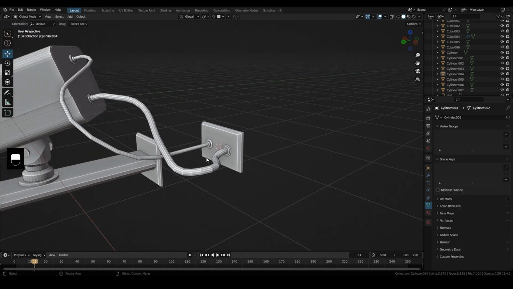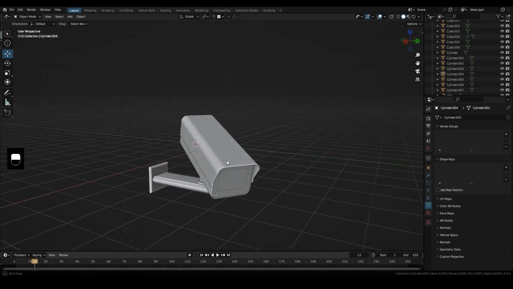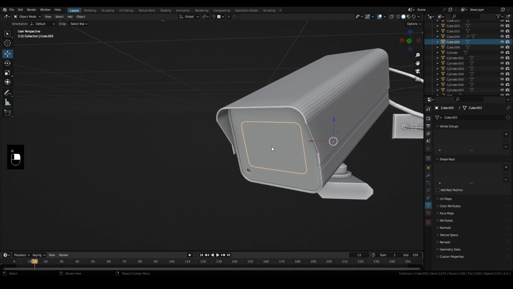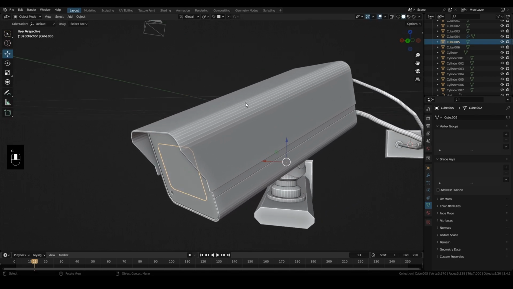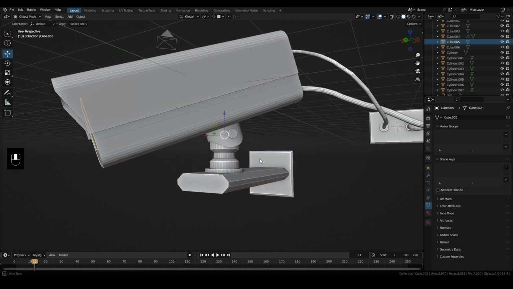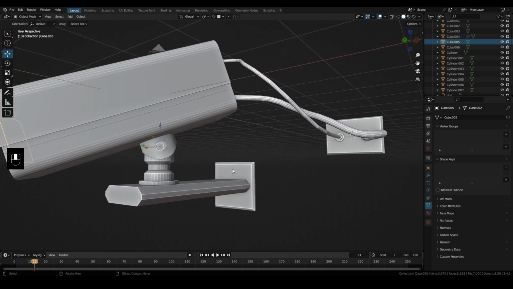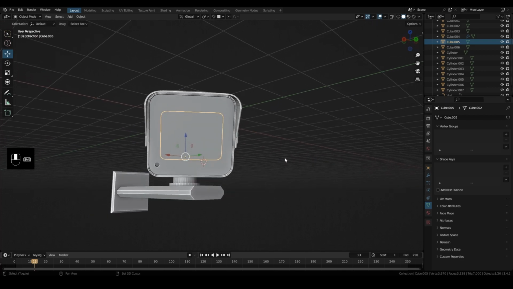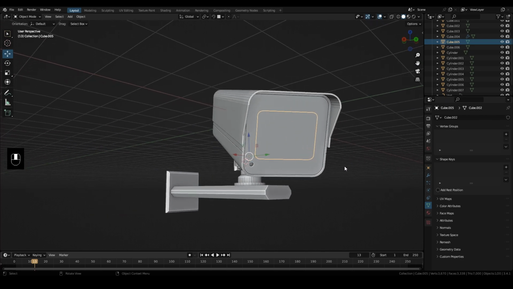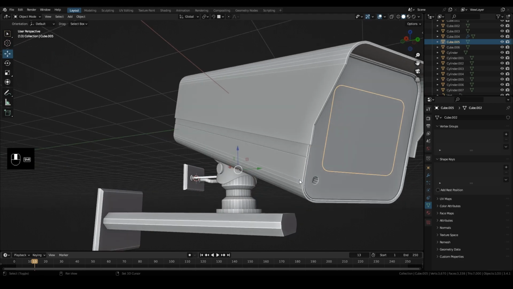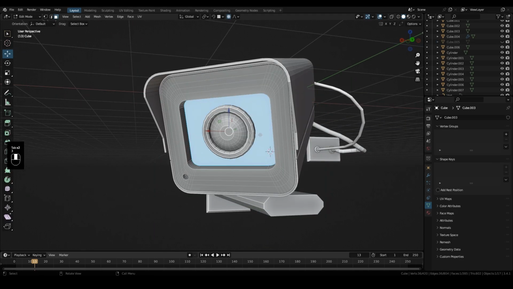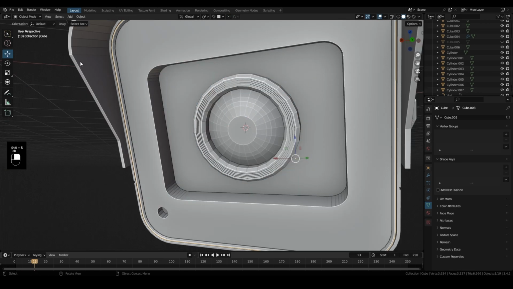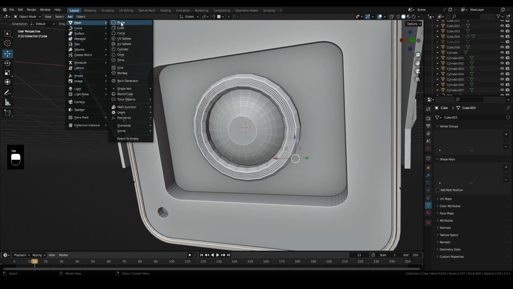All right, so for the most part, we are done with the main object. We've created the lens. We have created the covering, the actual camera. We've created a lot of the details. A couple other things that you can actually add are little screws here and there just to add more into the object. Select this face in this very center. Shift S, cursor to selected. And let's add